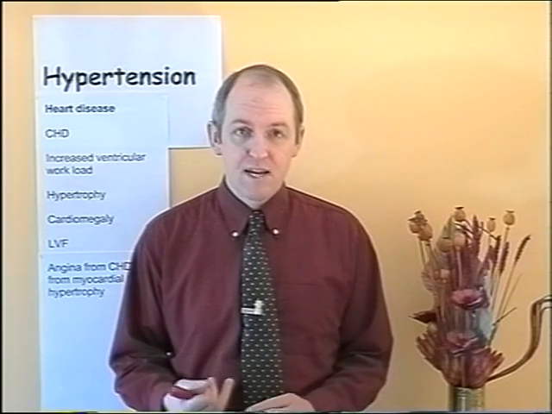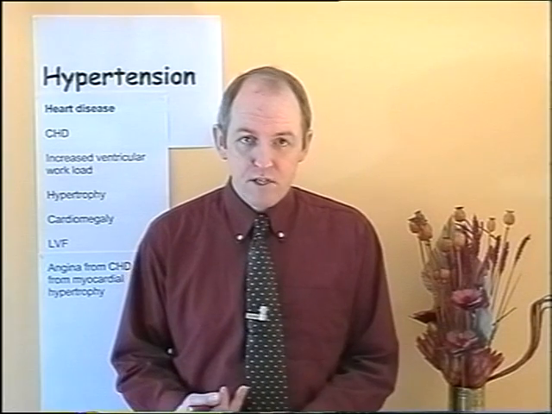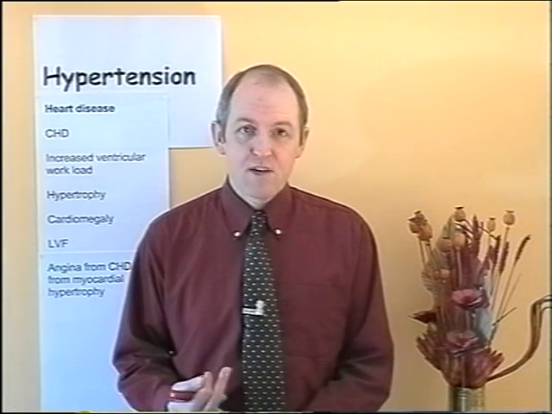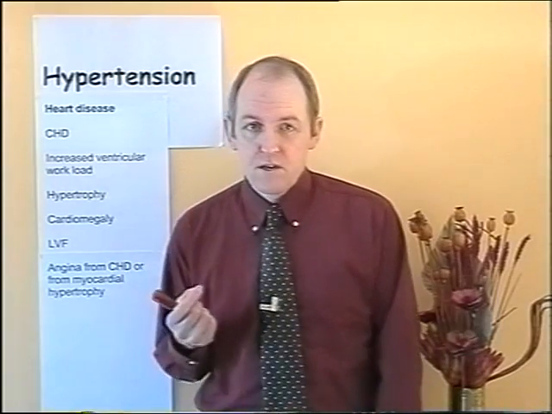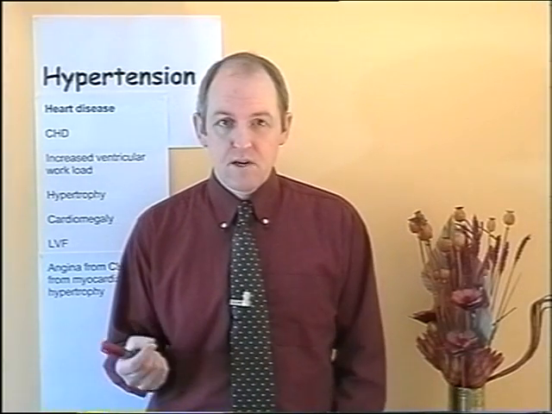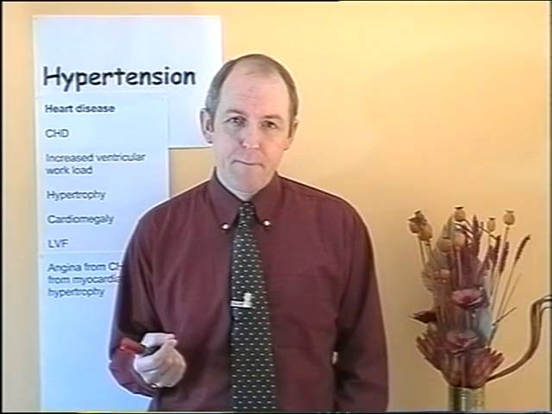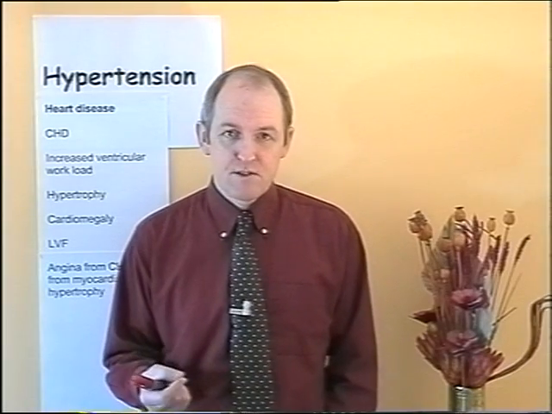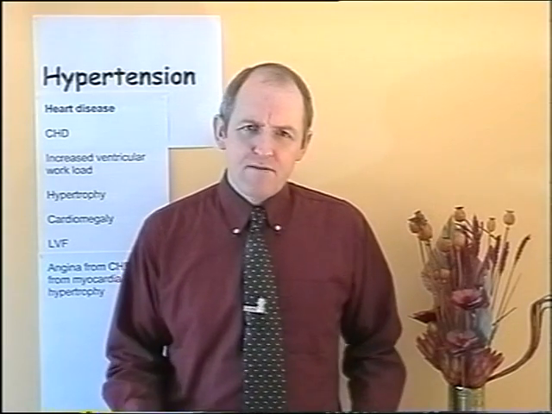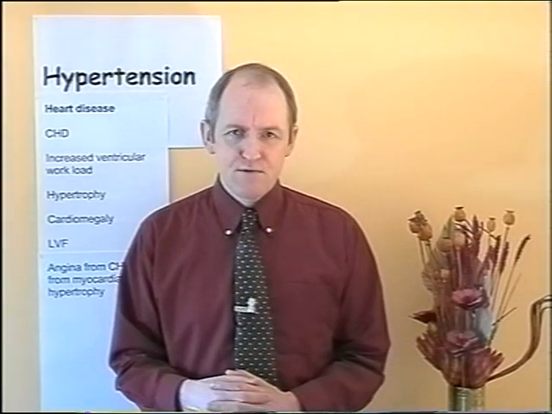Now, this can result in ischemia, which can give rise to angina, and it can also cause thrombosis formation, so it can give rise to myocardial infarction. So, heart disease, coronary heart disease, caused by hypertension. Now, as well as that, there's another form of heart disease that can be caused by hypertension. Because the heart is having to work hard to pump the blood out against the increasing pressure,